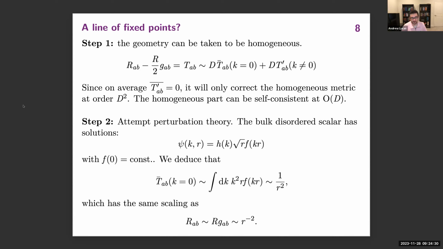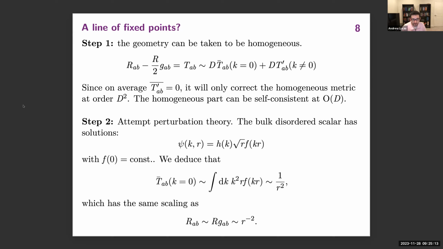We'll start doing this just for the scalar field. So we started with an AdS geometry. We have this scalar field that has weak disorder because we want d to be much smaller than 1. And so it might make sense that somehow the AdS geometry is not too strongly modified, at least at first. So, okay, in the AdS geometry, it's a straightforward exercise to exactly solve the scalar equation. Each Fourier mode looks like this. The function f is constant at small r and is a modified Bessel function. I've just extracted the UV scaling as r goes to 0.